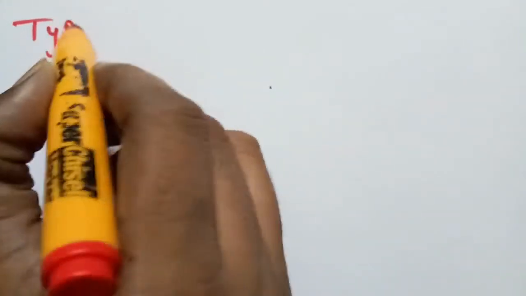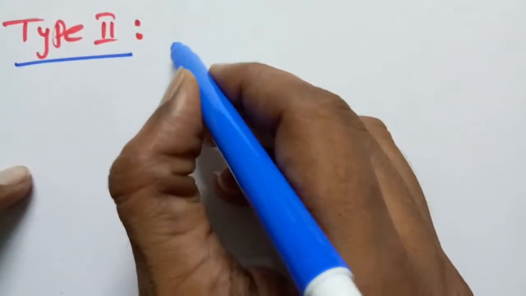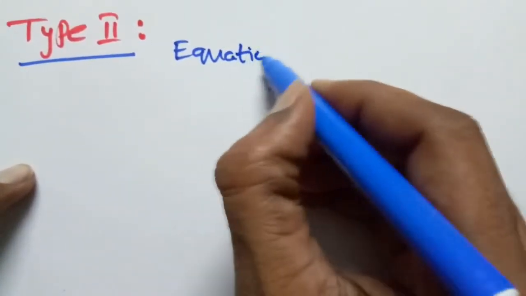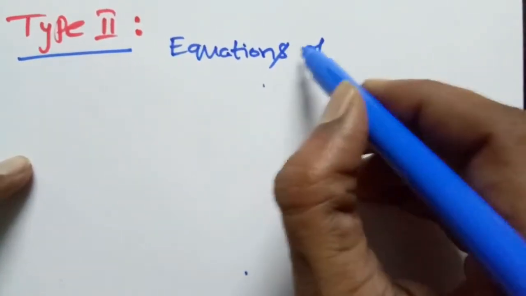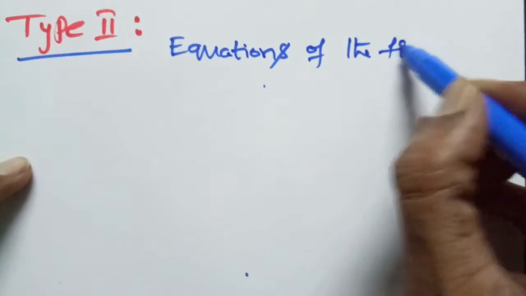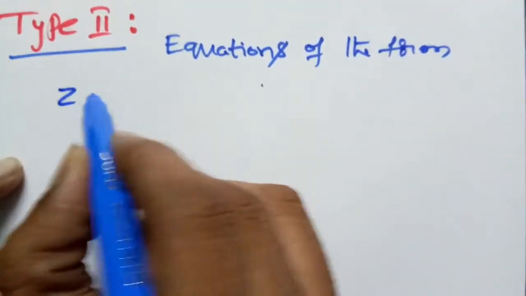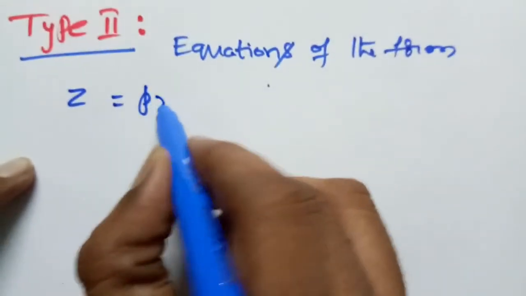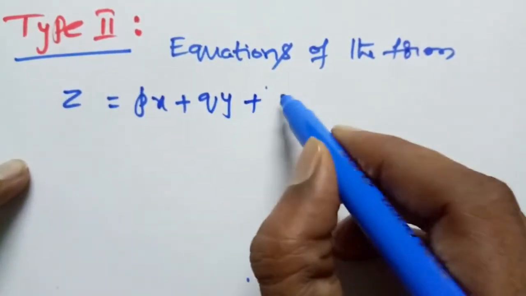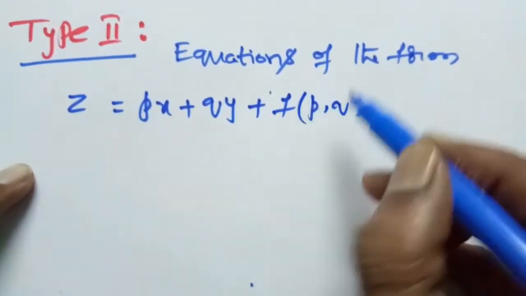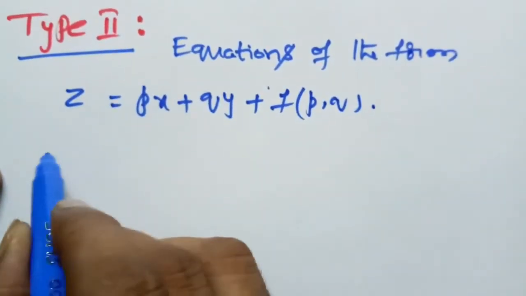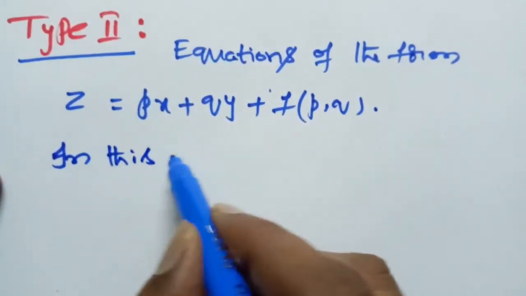Type 2. Equations of the form z is equal to px plus qy plus f of p comma q. In this type of problems,